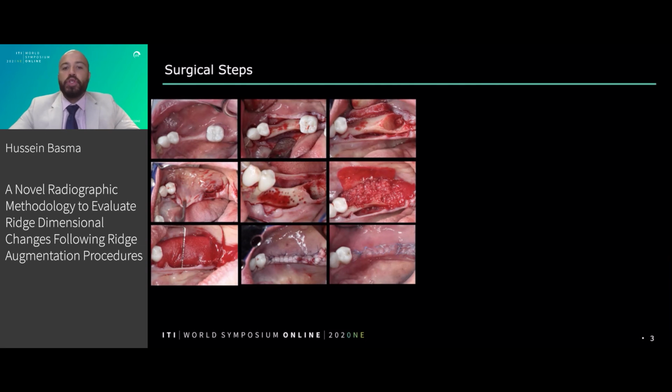All the patients received the ridge augmentation in the form of guided bone regeneration, where we opened a full thickness flap. And then after we opened a full thickness flap, we did a periosteal release in order to achieve a tension-free closure. We also did decortications, and depending on what kind of bone the patient was randomized in,